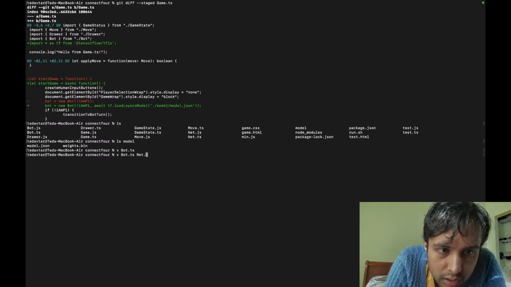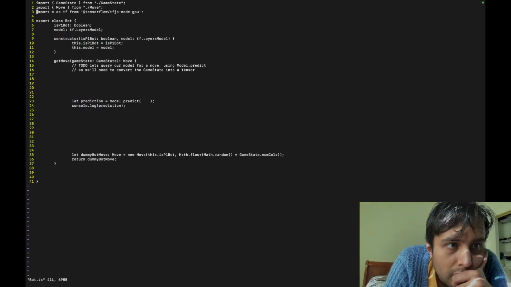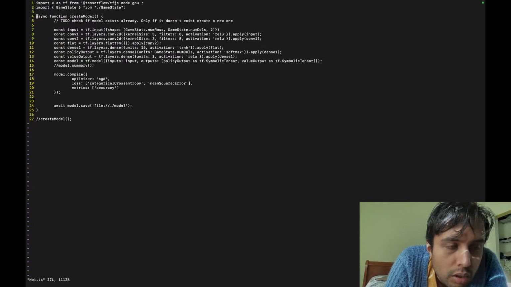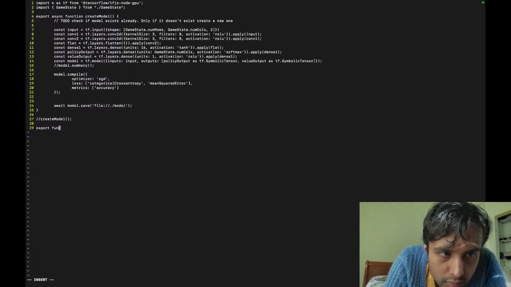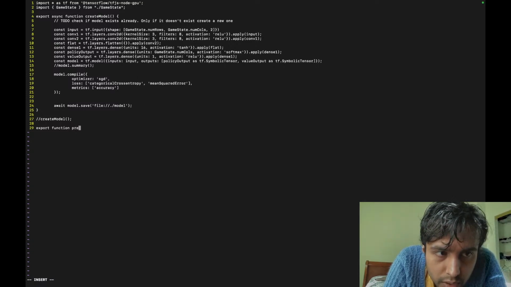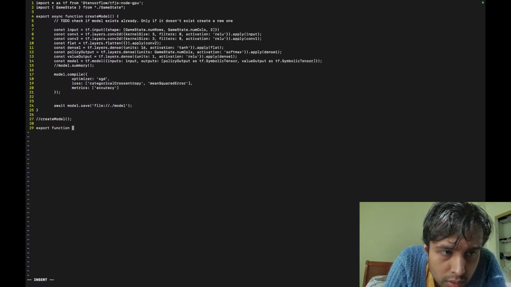Okay, let's do this in the net.ts file. So let's export this function, create model. So this net.ts is going to be kind of a utility class. So export function predict, or no, sorry.